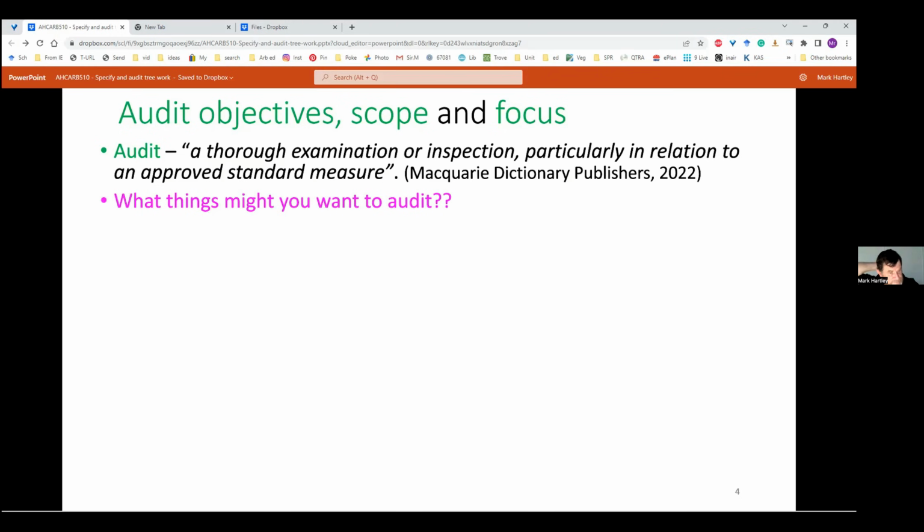What things might you want to audit in arboriculture? Anyone? We've given you a couple. Development sites, the tree health of planting, the trees, what's been a health audit, yeah. If the excavation's been done correctly and in the places that were on the plans. Okay, so non-arboricultural works in relation to arboriculture, and that's a very important area, Vicky, in the unit where we really do need to think about how the things are affecting arboriculture, not just arboriculture itself. Yeah. So here's some pruning, tree protection, planting, numbers or quality of planted material.